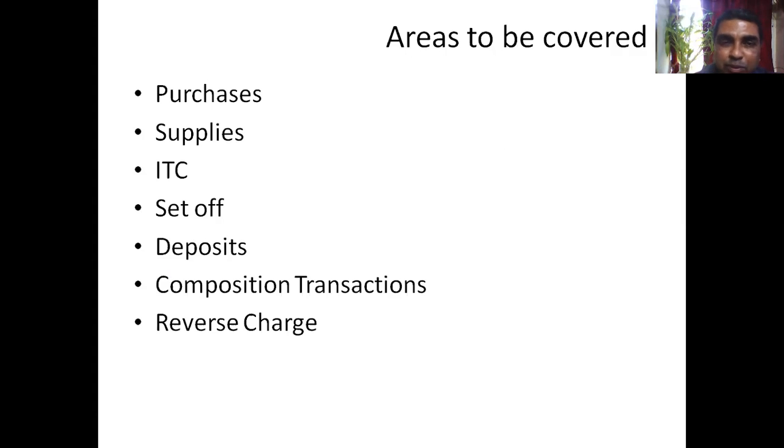Same thing is also with respect to supplies. There might be interstate supplies. Accordingly, different kinds of GST might be levied. And we know the basic concepts of ITC. The entire ITC concept we will be learning in detail subsequently, but basic concepts we know. And we know the ITC can be set off, that is input tax credit can be used for discharging our GST liability on output. Okay, how? And we also know money also needs to be deposited in electronic cash ledger.